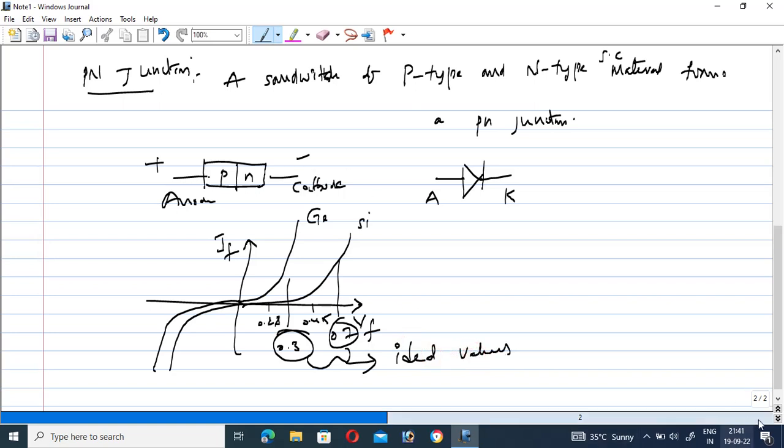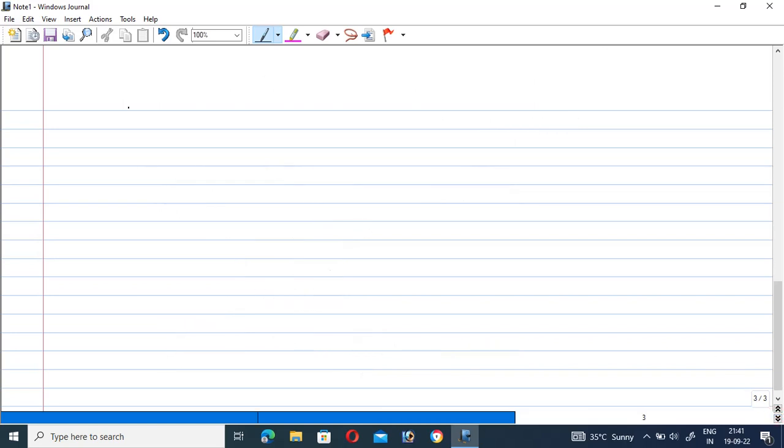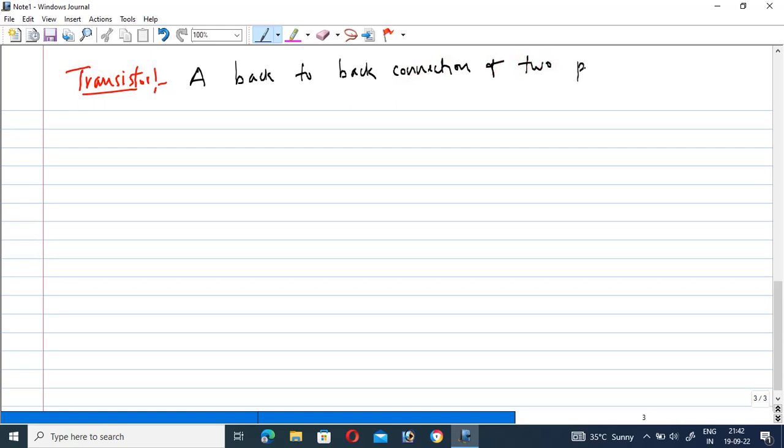So now let us define the transistor. What is meant by transistor? Transistor means a back-to-back connection of two PN junction diodes. Back-to-back connection of two PN junction diodes is generally called a transistor, or else a transfer of resistance